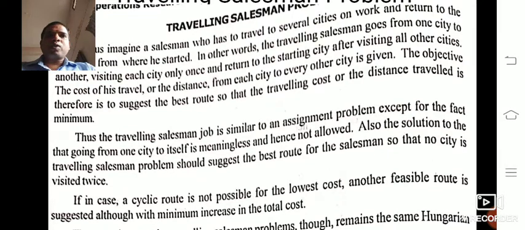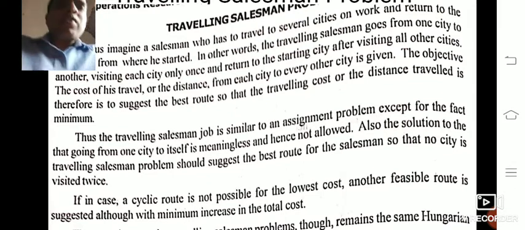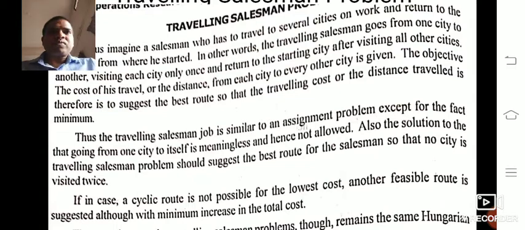Also, the solution to the traveling salesman problem should suggest the best route. The main objective of this technique is to suggest the best route to the traveling salesman in order to reduce the traveling cost as well as the distance.